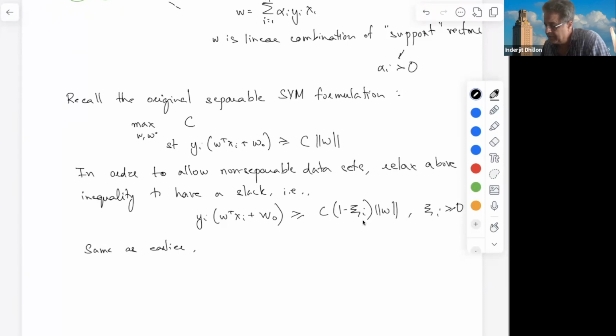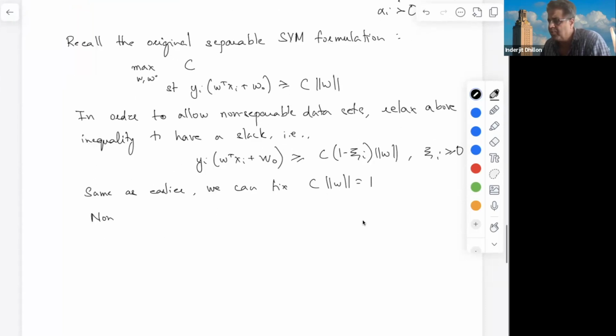Okay, we can fix C times norm of W to be equal to 1. And then I get, now I'm not going to go into a lot of details, but non-linearly separable